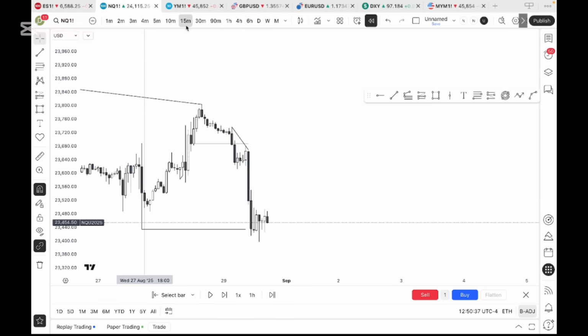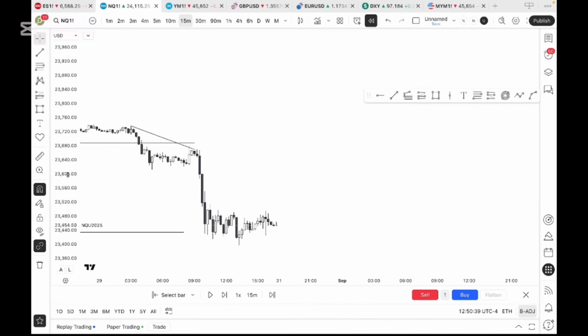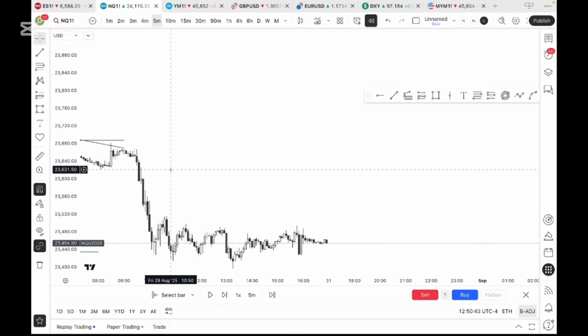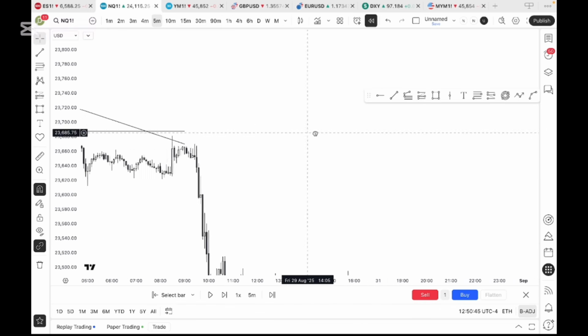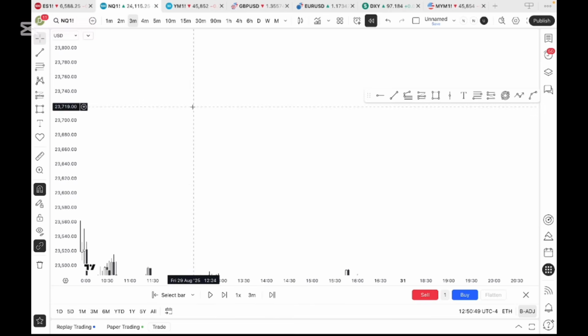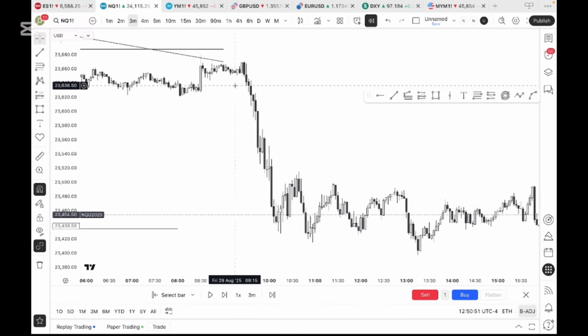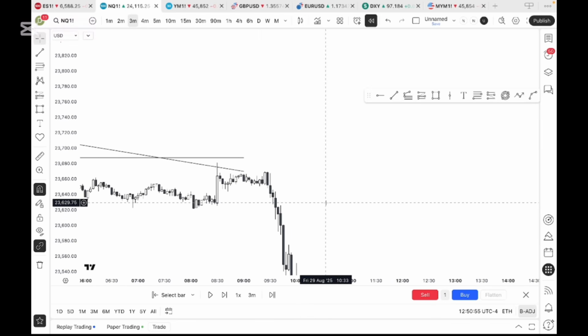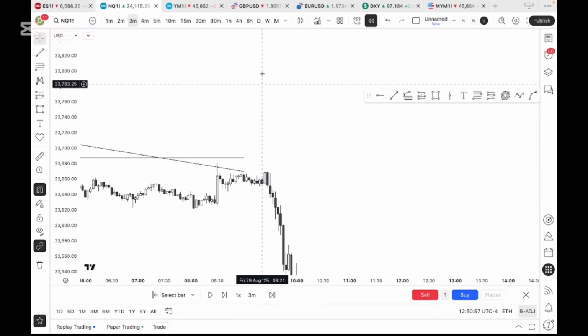So now dropping down to some lower time frames. Now it's just finding an entry, basically. I can't really remember what I even took on this day, but I'm sure it is on my X. Yeah, I don't remember, but